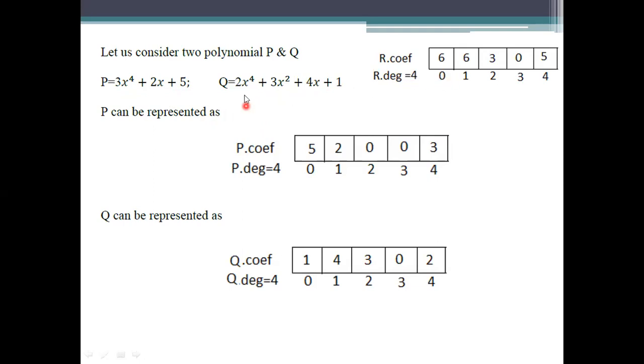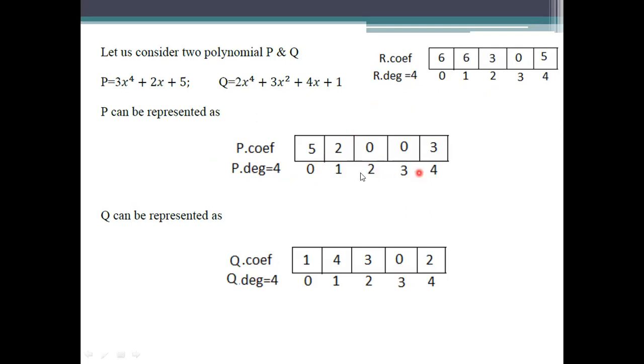So what is the maximum? It is max of 4 comma 4. 4 will be the maximum value, and both have the same, so it is considered as 4. Here the degree is 4, but the coefficients will be plotted from 0 to 4. Whenever you have a degree value, which is 4 or n or anything, the array size will be plus 1. If you are taking 4 as the degree, then the size of the array will be 5. So try to plot the values in the single array representation.